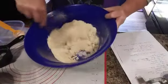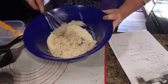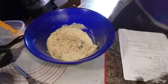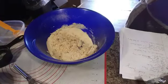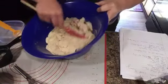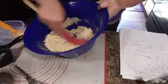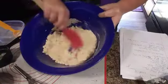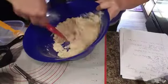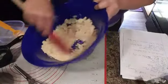Just to incorporate some of the eggs. Just to incorporate the egg whites just a little bit. You're going to be adding the hot water, so it doesn't matter. I just like incorporating it in here so the hot water does not cook the egg. If it's in that flour already, it's not going to cook it up. You're still going to be doing a lot of mixing with the...